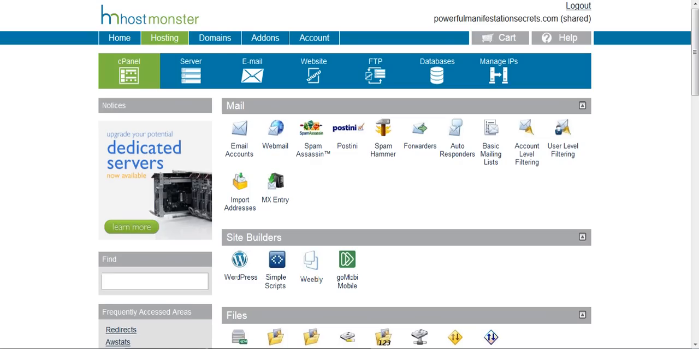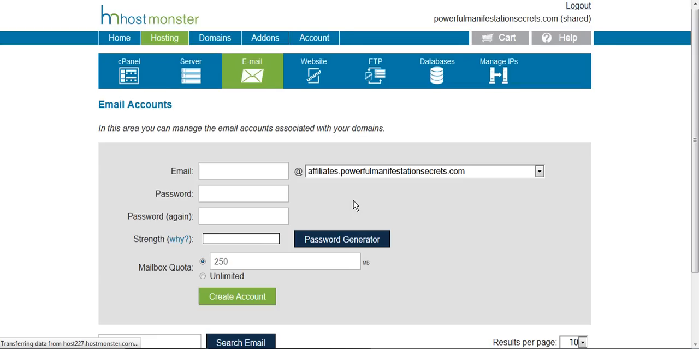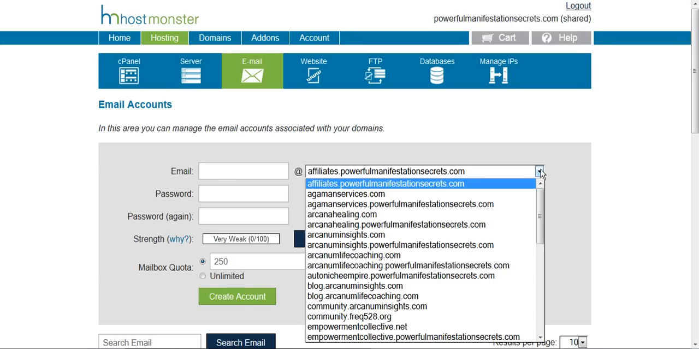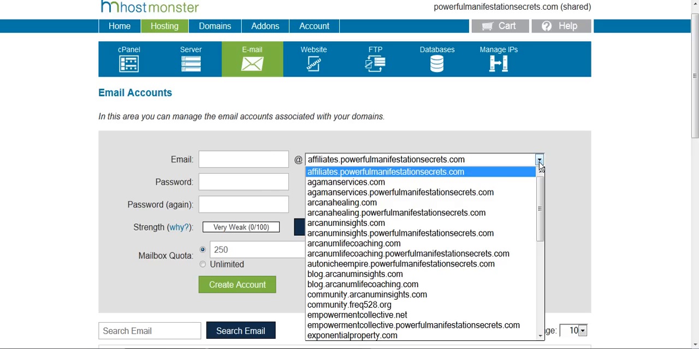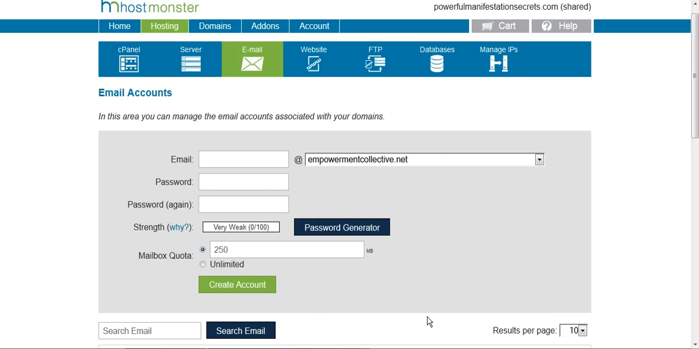So now that you've assigned the domain, it's just a quick process of setting up an email account for that URL. So just click on email accounts here, and we've got several domain names, but what we'll do is just click on Empowerment Collective here, and then you just go ahead and put, support, for example, in there. So support, and then the domain name that you want. Choose a password, verify the password, and then you just